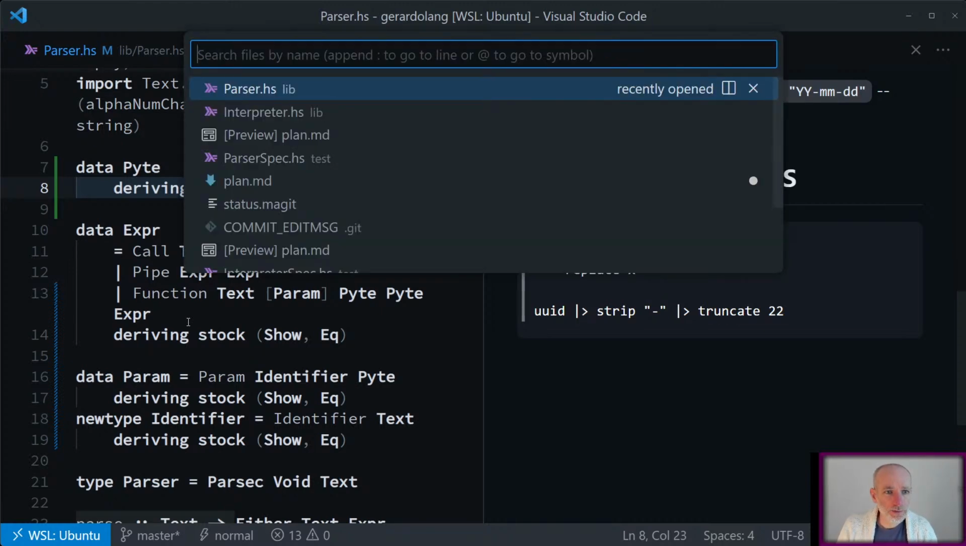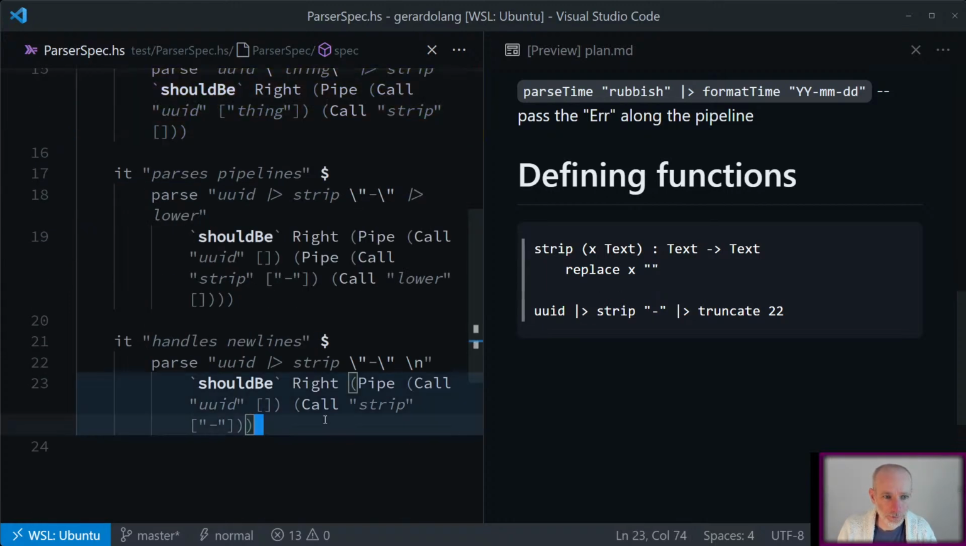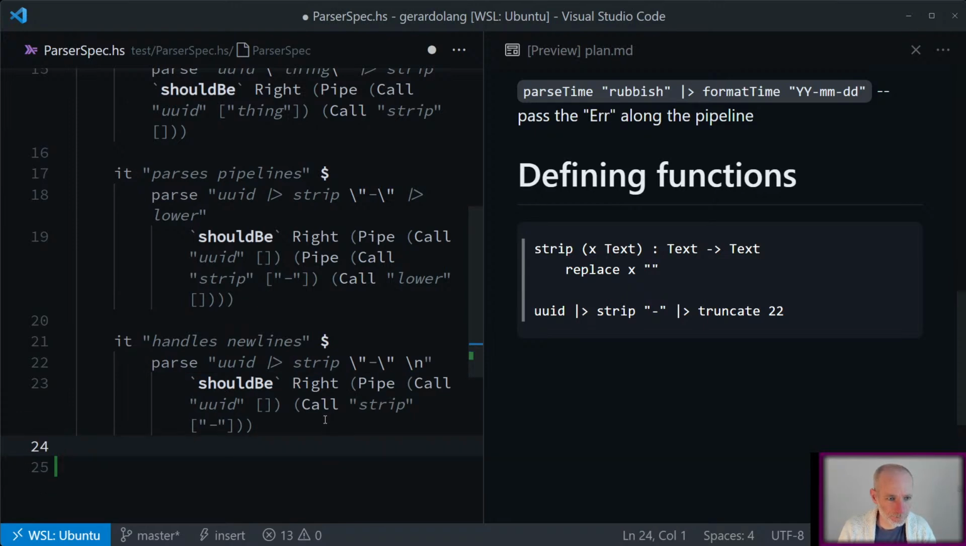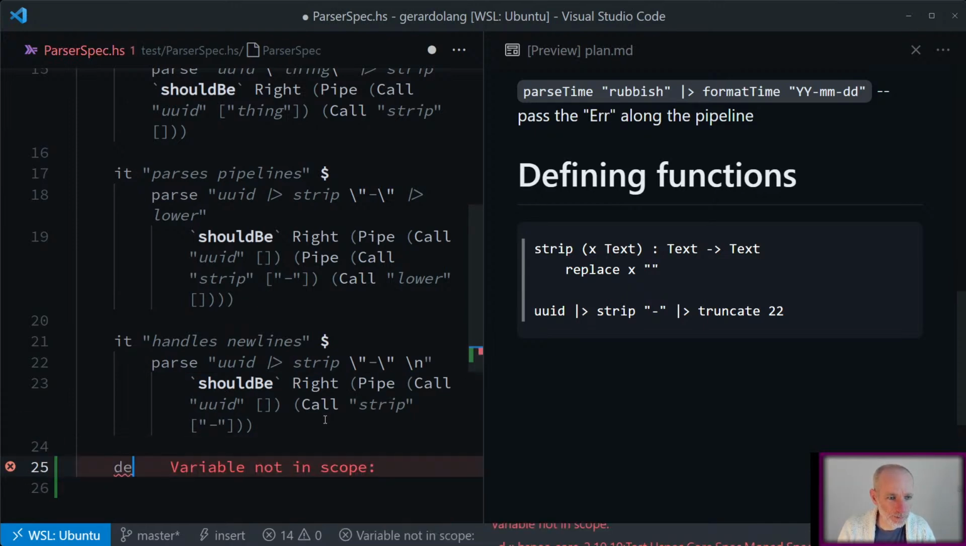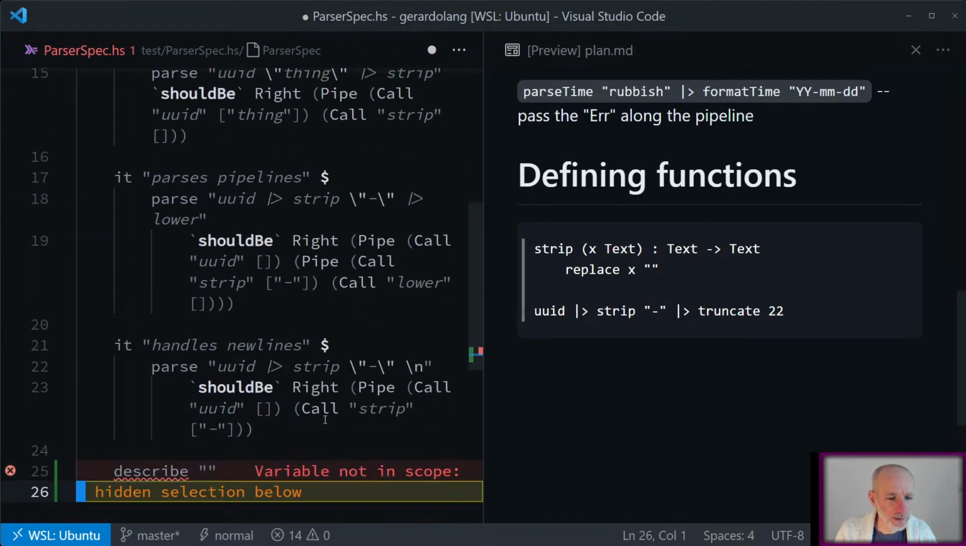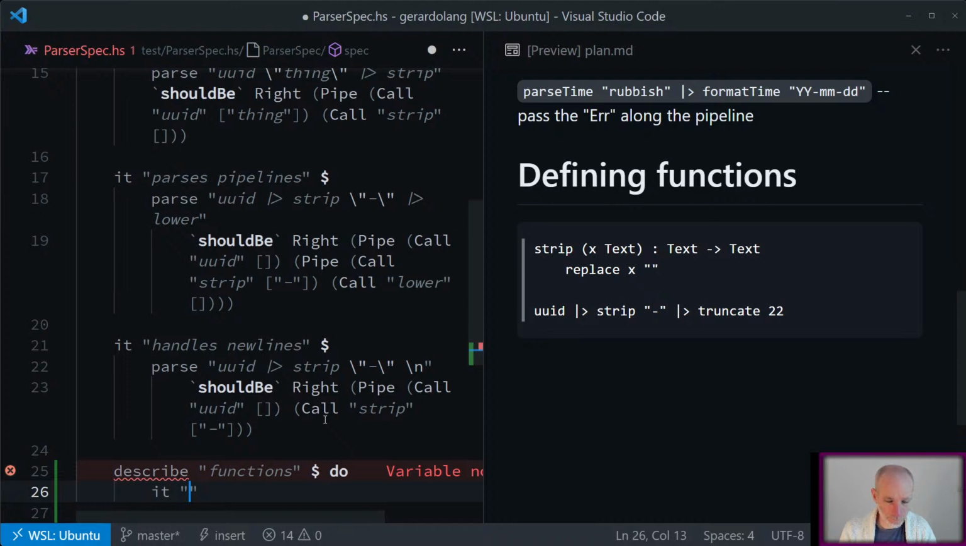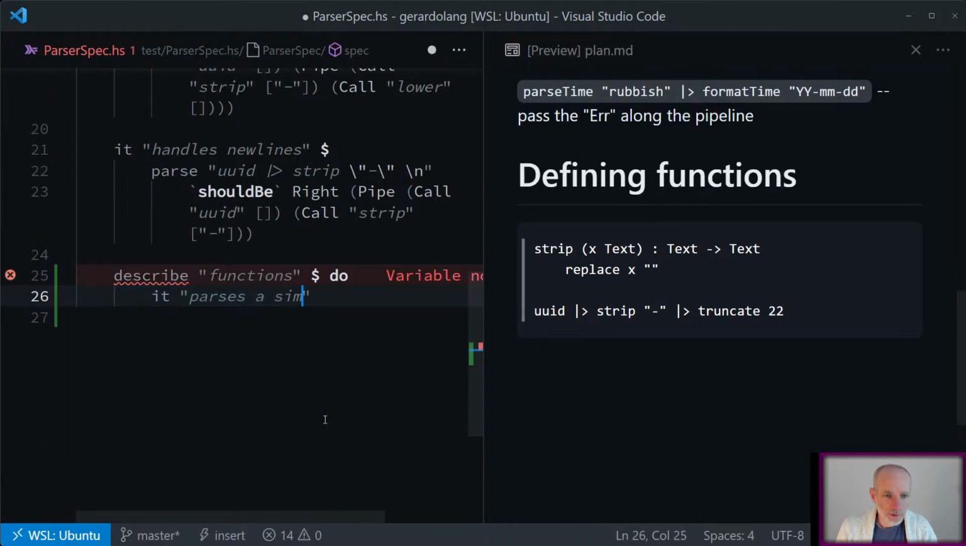Let me just go back to the spec. I'll write up the spec for parsing something like this, and then I can get rid of this window and it'll be easier to read. So we can say describe, and where are we now? Oh, we haven't nested this at all, so we'll describe functions. And then we can say it parses a simple function,